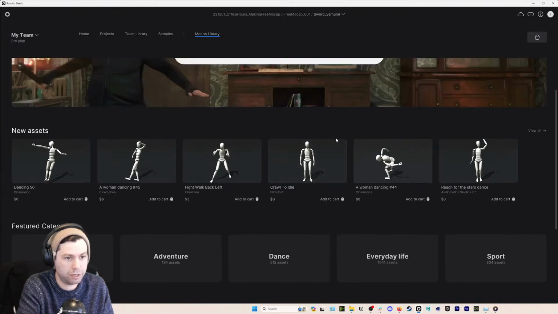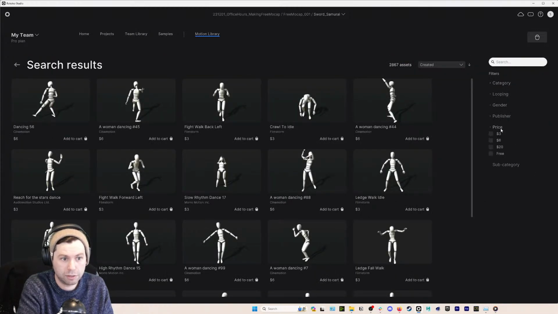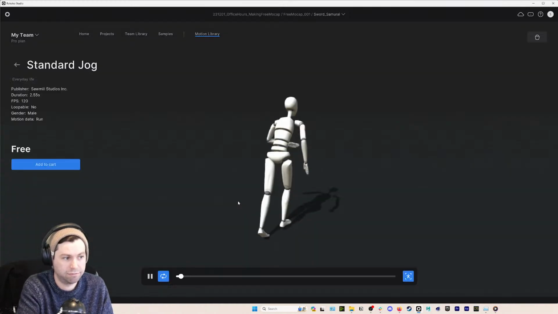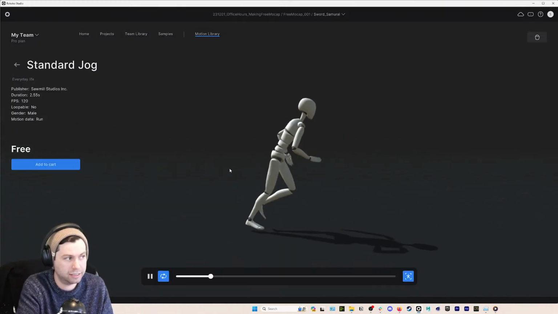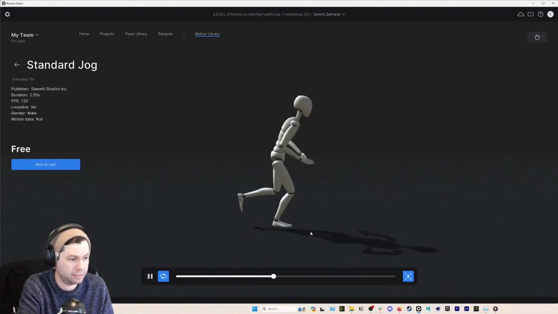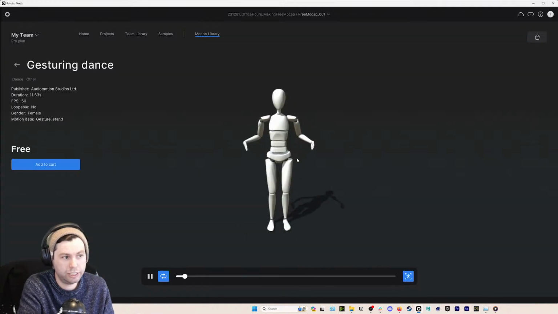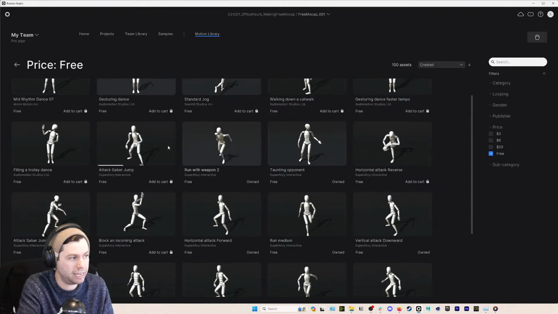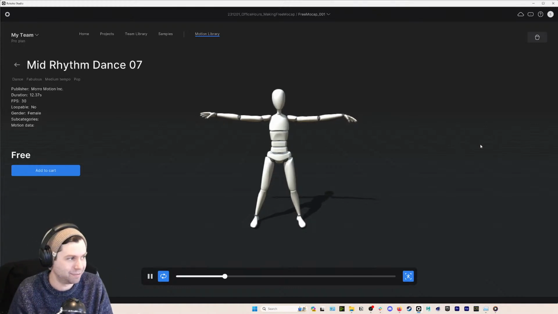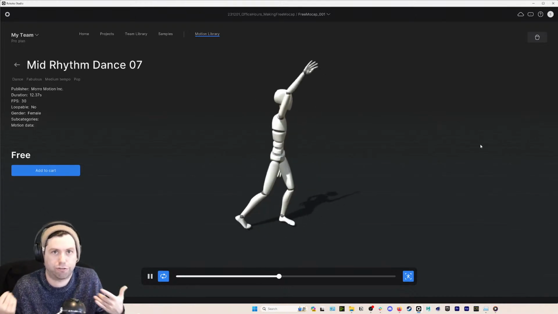But also, if you go to the motion library and you go to view all and then free, we have free assets on here. You could use this. If your character is using this, you have to have 7 seconds, so you've got to loop this or something. It's not perfectly looped, which is a little frustrating. But you could use any of these free assets. I love More Emotion. Some of these are incredible assets. More Emotion dancing starts in a T-pose, but look at this. This is free. You can use